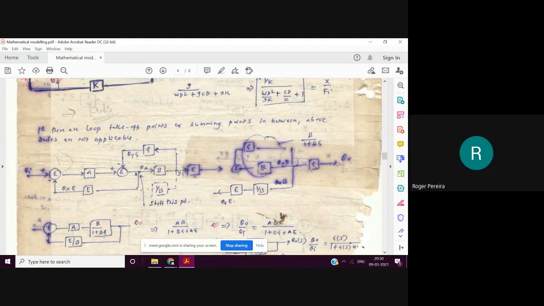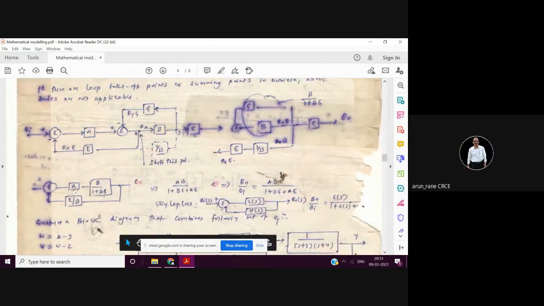If you have practiced, a upon 1 plus ab, so a is nothing but b, 1 plus ab. So a is b and b is b upon 1 plus g. So you can now reduce this. So now this whole thing will go, and instead of this, now this block will go. See, after this diagram, then after this diagram. Now this whole thing will go, and instead of this, we are using this b upon 1 plus bg. So now these two blocks, they are in series.